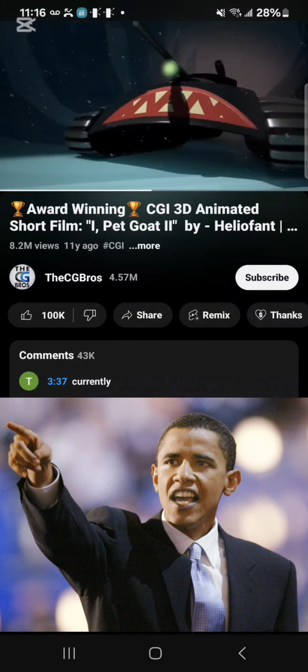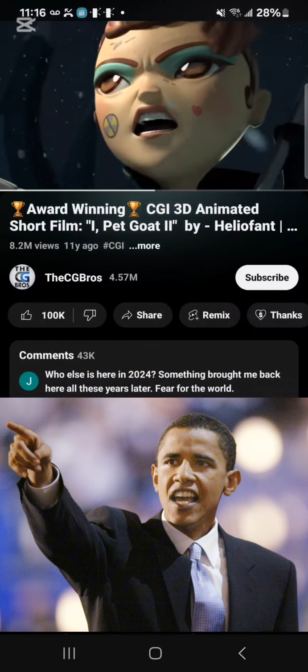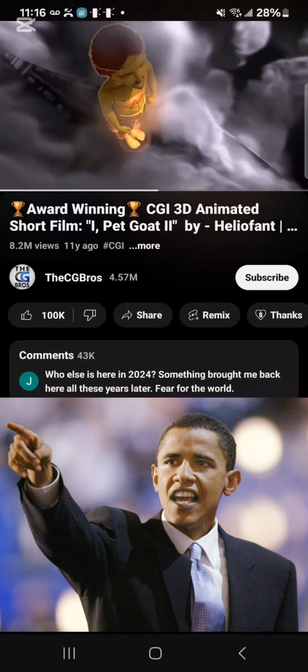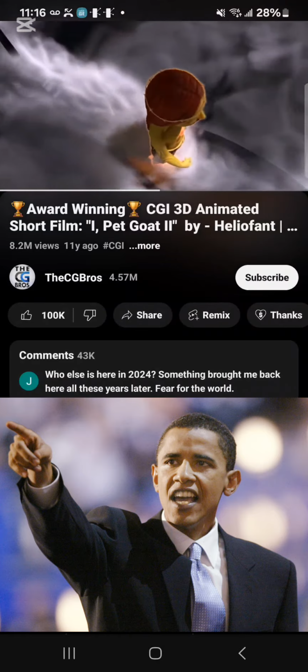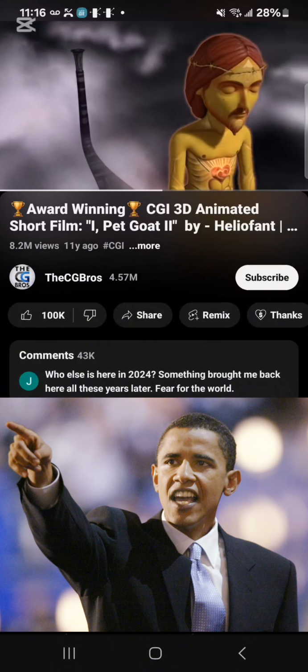So, right here, right now, Ipet Goat. Guys, we all know this is Taiwan, right here. The tiger, the day of the tiger, and the nuclear symbol on her face, right here. And then the Antichrist shows up. Guys, this is it. This is Ipet Goat. Solved. Stick a fork in it.